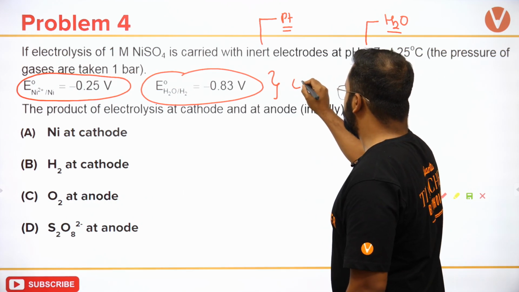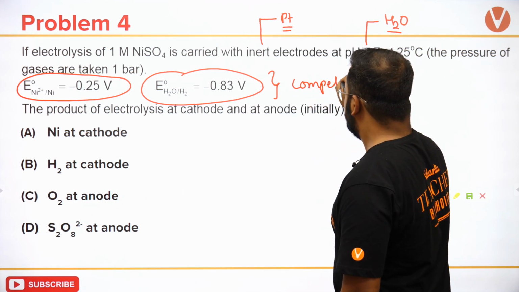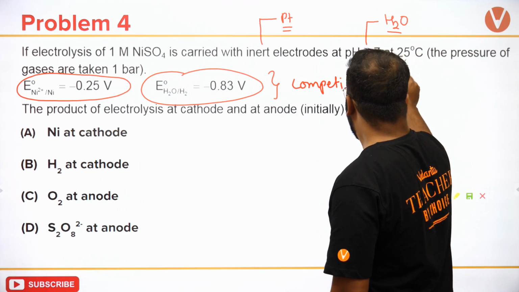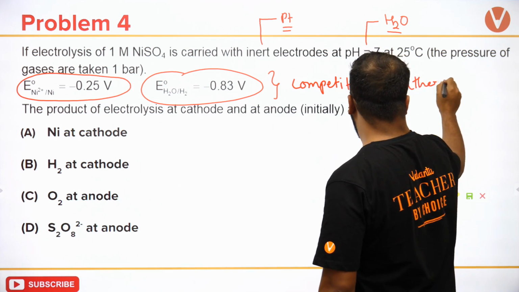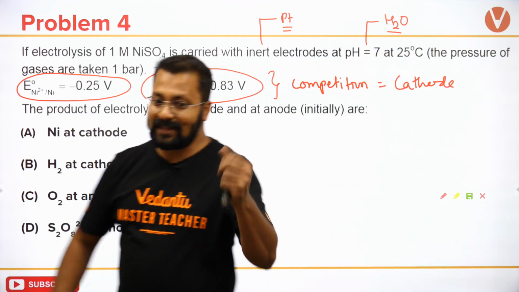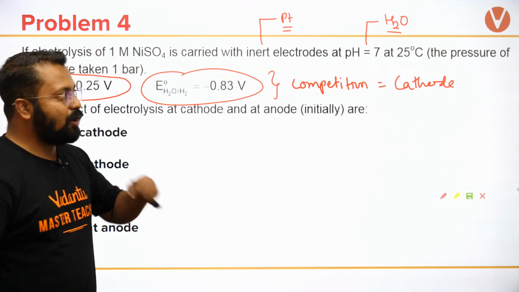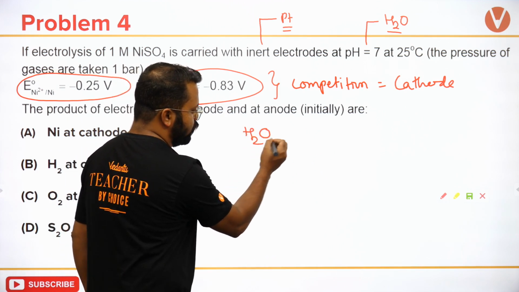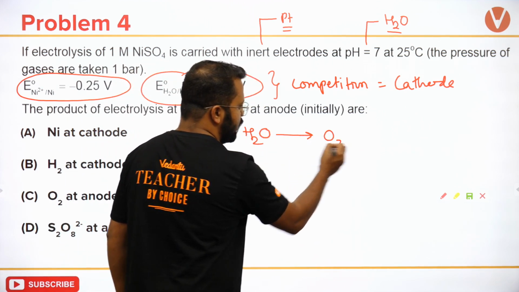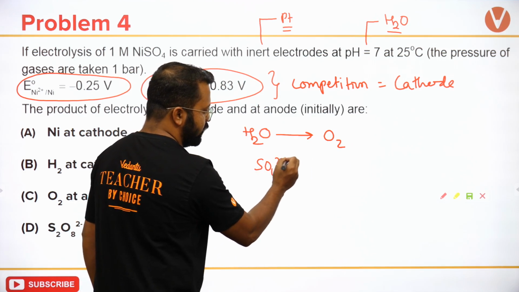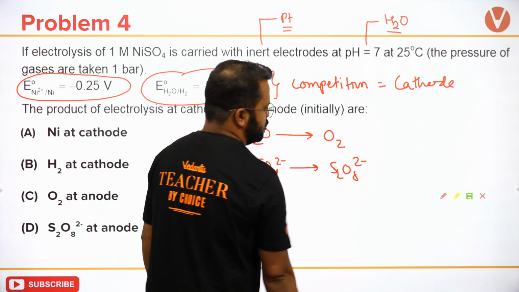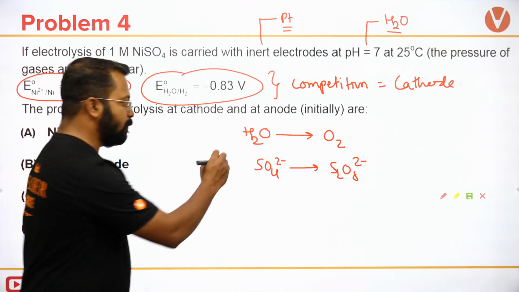So यहां पे जो competition हो रहा है, this competition is happening at cathode. Anode पे क्या competition होगा? Anode पे ये competition होगा, H2O converting into O2 and sulfate converting into S2O8 2 minus. These two reactions will compete at anode